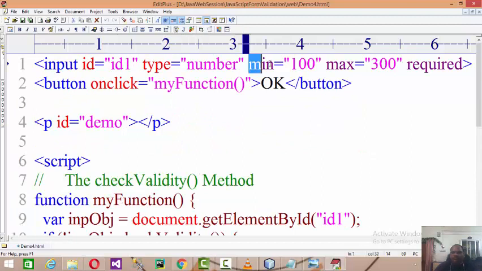At the same time, there are attributes called min, max and required that you can use. So you can even check the numeric range, and the required field also.